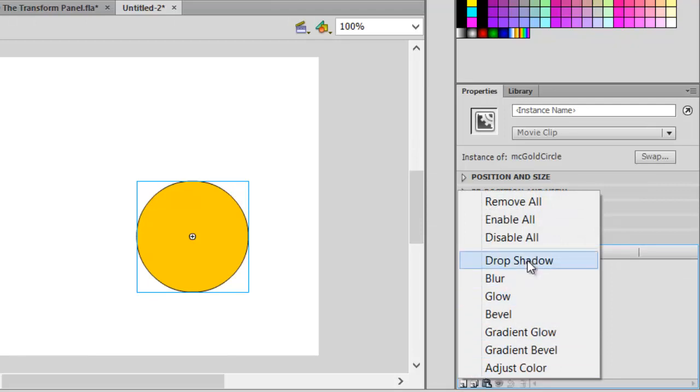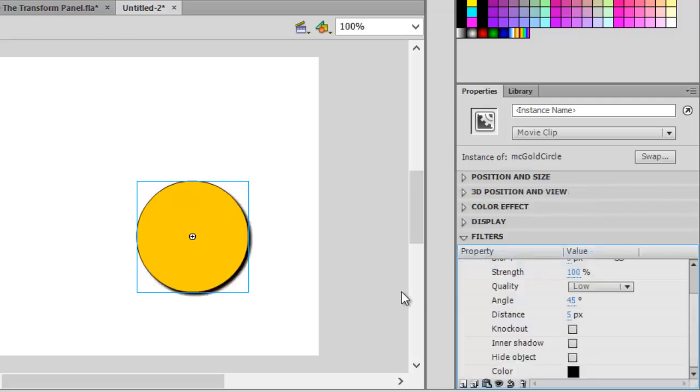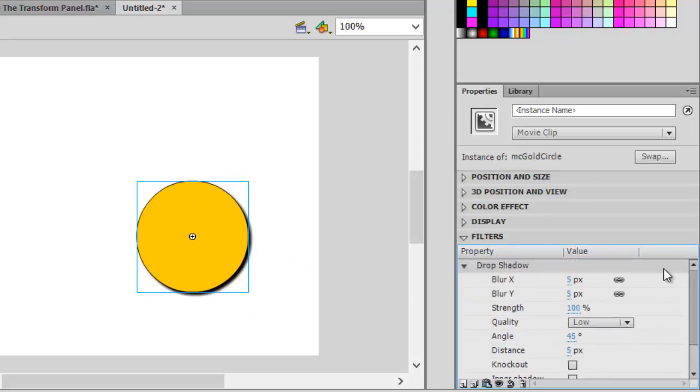If you've worked with Photoshop, you're very familiar with filters. We have a much smaller selection of filters in Flash than we do in Photoshop. The first one here is to be able to add a drop shadow. You'll see a little shadow coming in on that instance, and I can also affect how that shadow is applied. I can blur it